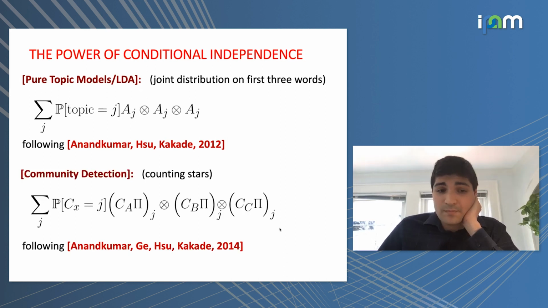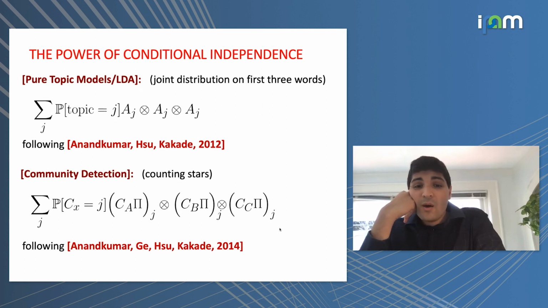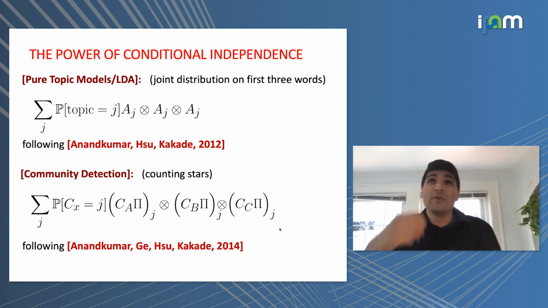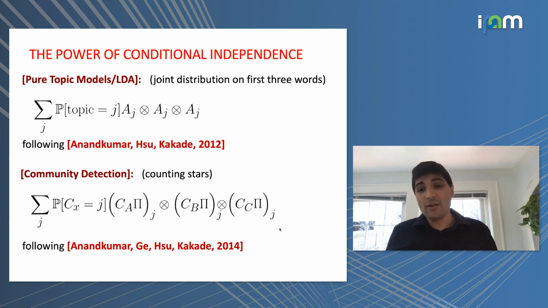You can even do this for things like community detection, where what you have is you assume that you're given a random graph, but it's not an Erdős-Rényi random graph. Instead, it has the property that there's a hidden partition of the nodes into different communities. And you have different connection probabilities within and between communities. And then in this model, you get a single shot, which is a graph, and you want to figure out whether you can recover the planted community structure from that graph. Again, you can do it through tensor decompositions.